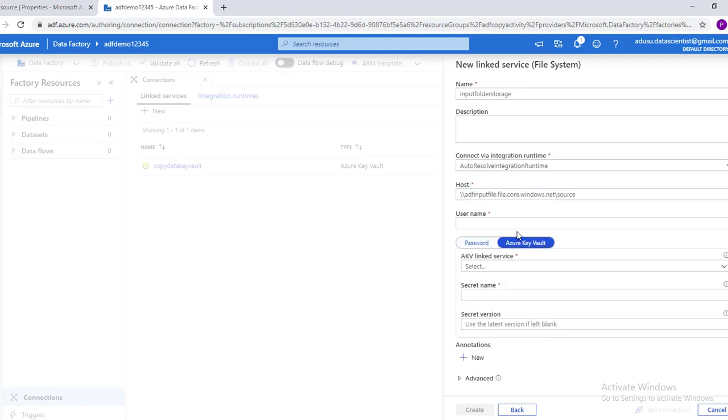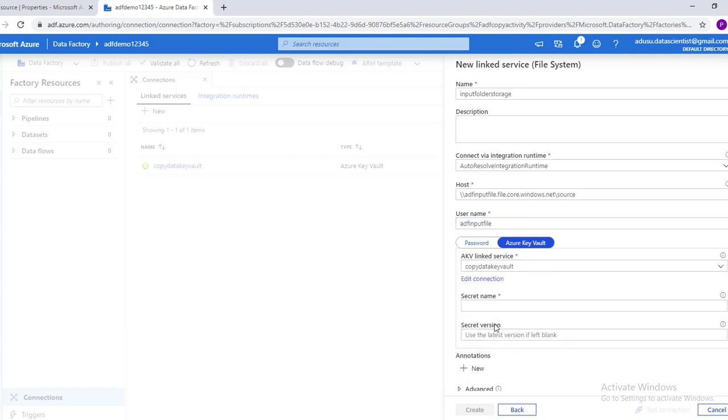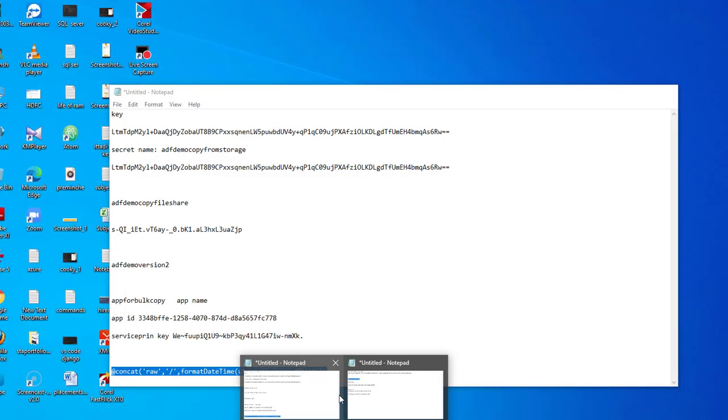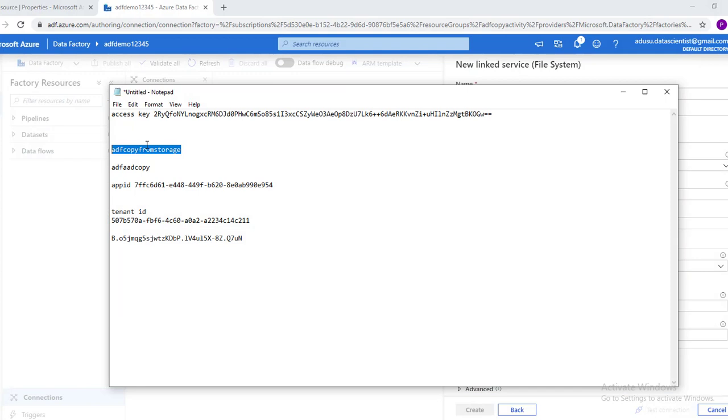We'll use key vault. Username is the storage name. Now linked service, and the secret name. This is the secret name.